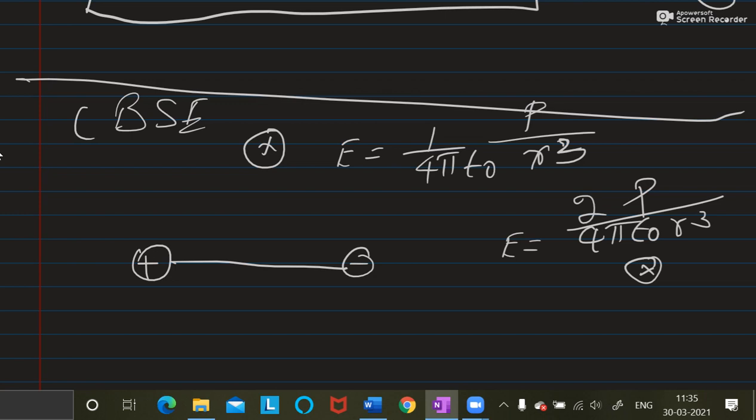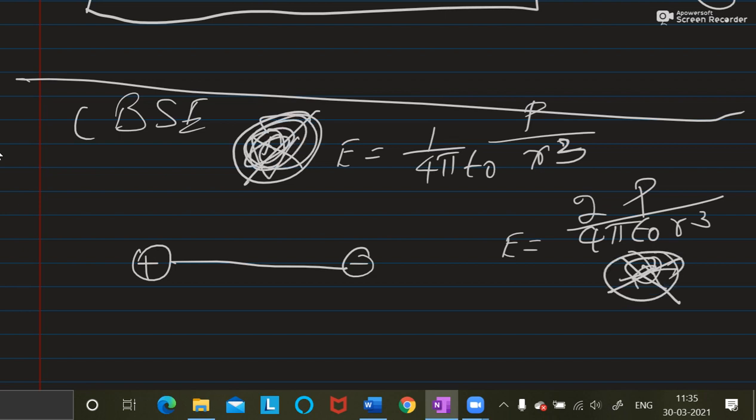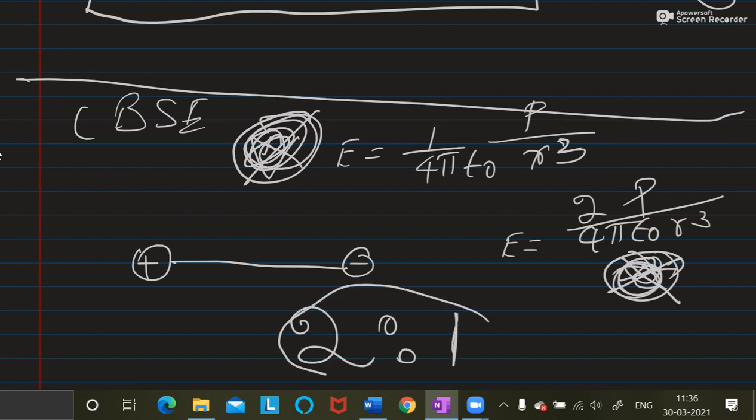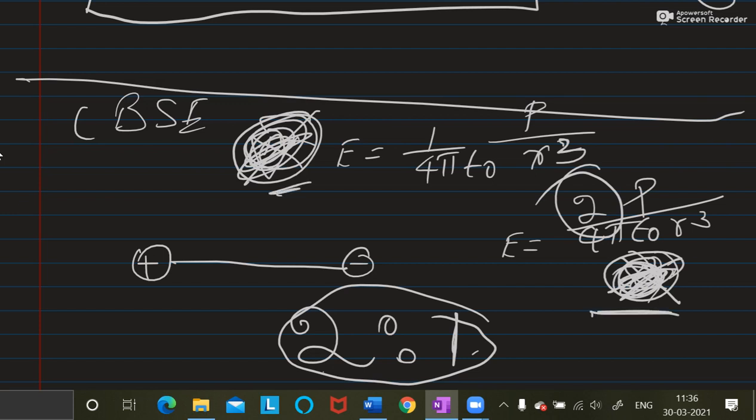The question is the ratio between the axial line and the equatorial line. What is the ratio between the axial line and the equatorial line for the electric field? 2:1. It's very simple. Just a comparison: it is the axial line, it is the equatorial line. We learned both the equations. Just take the ratio. The only difference between these two equations is a 2. Okay, 2:1 ratio. The electric field at the axial line is 2 times the electric field at the equatorial line. That's it.